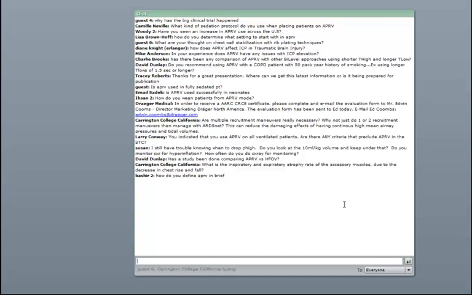Has there been any comparison to APRV and bi-level using shorter T-highs, longer T-lows? Not that I know of, and again, I believe that it's not the name of the mode that really matters. It's what you're doing with those settings, and the settings are essentially trying to mimic what occurs in the lung, which is that the injured lung or the patient being resuscitated who is at risk for collapsing their lung, they need more airway pressure to keep their lung stable, because the lung takes a long time to recruit, but de-recruits very, very quickly, and hence the shorter release and longer